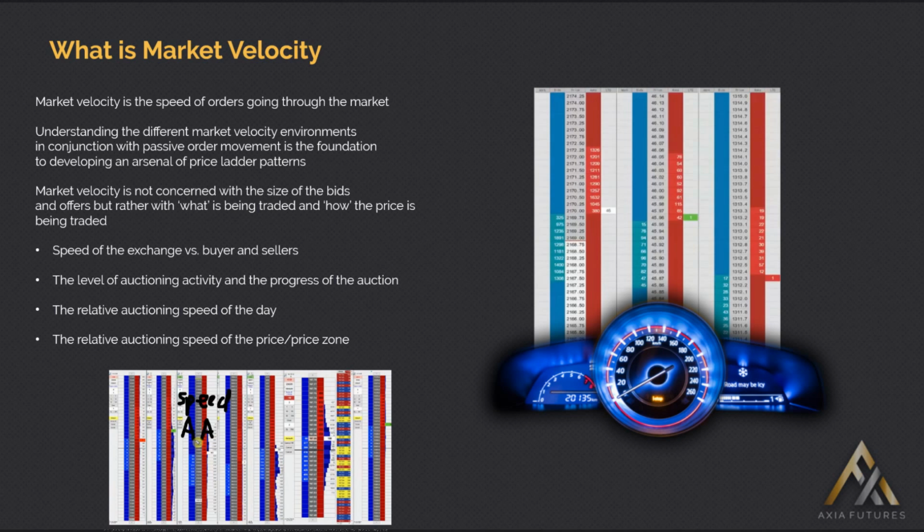So depending on how it's auctioning will determine how the market will progress, based on auction market theory. The greater the auctioning activity, the greater the speed of orders going through the ladder, the more the market will continue to auction in that direction until the auction tires out. And like when you go to an actual auction, whether a car auction or an auction on antiques, as long